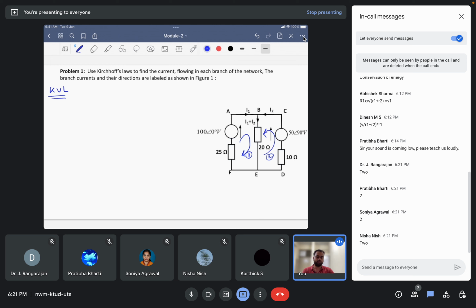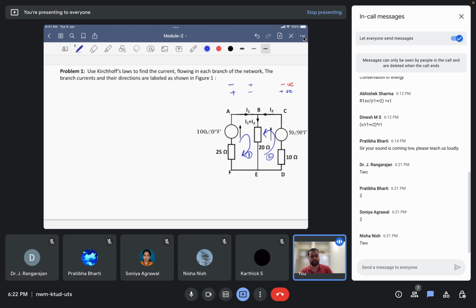Yeah, very good. Two loops, two independent loops. So I'll be writing the equations here for both individual loops. Again, I follow the same convention. That is, if the direction of current is from negative to positive polarity of that component, then I consider this as a negative convention. Similarly, if the direction of current is from positive to negative, that will be positive. So we'll start with the source term here.